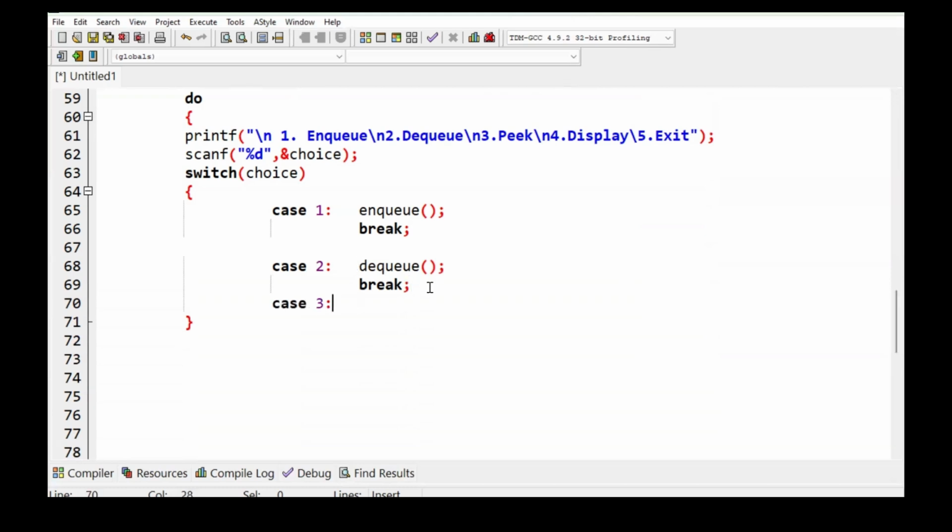Case 3, pick function. Then case 4, display. We have not written down display till now. Break. Then case 5,